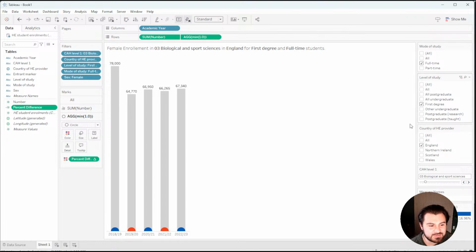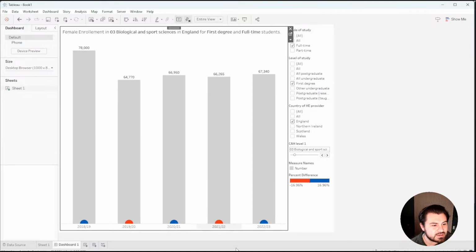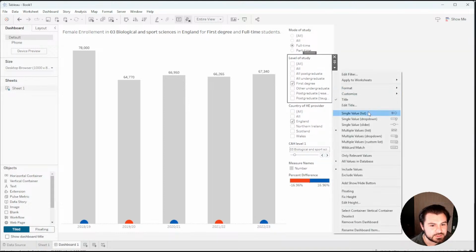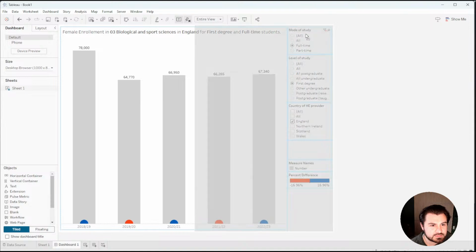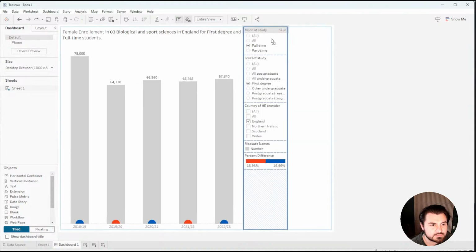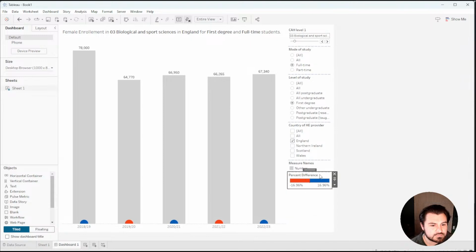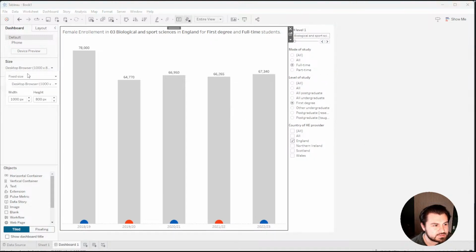But now, when I add this to my dashboard, let's bring out our sheet here. I have my nice little title. Probably want to change the way that these look. So maybe we just keep these as radio buttons for now. Maybe this is a multi drop-down select. Oops. Probably don't need to have our percent difference or our measure names on there. Definitely would want to clean this up a little bit, but